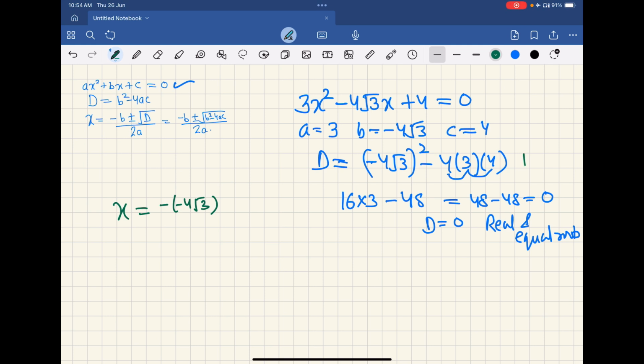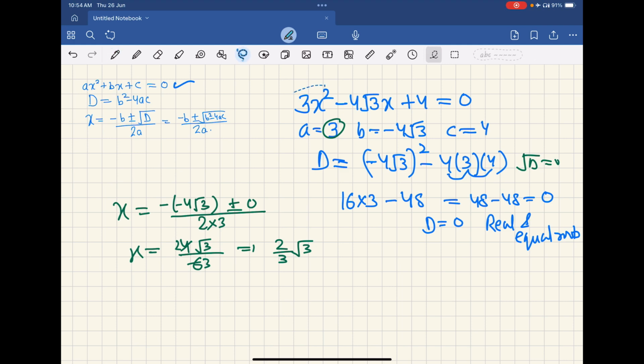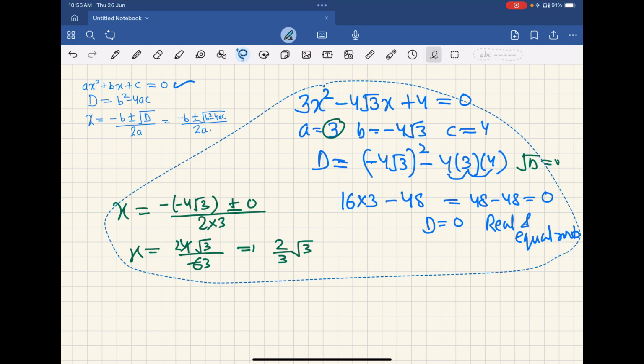d जो है 0 है, सो रूट ऑफ d भी 0 होगा. सो प्लस माइनस 0 बाय 2a। a कितना है? 3 है, सो 2 × 3। अभी देखिए क्या हो जाएगा, माइनस ऑफ माइनस, ये हो गया 4√3 डिवाइडेड बाय 6। ओके, सो 2 2 2 3 सो हमारा आंसर हो गया 2/√3। ओके, सो दो रूट्स होंगे और दोनों की वैल्यू क्या है? 2/√3। नाउ लेट अस मूव टू क्वेश्चन नंबर थर्ड ऑफ फर्स्ट मेन।